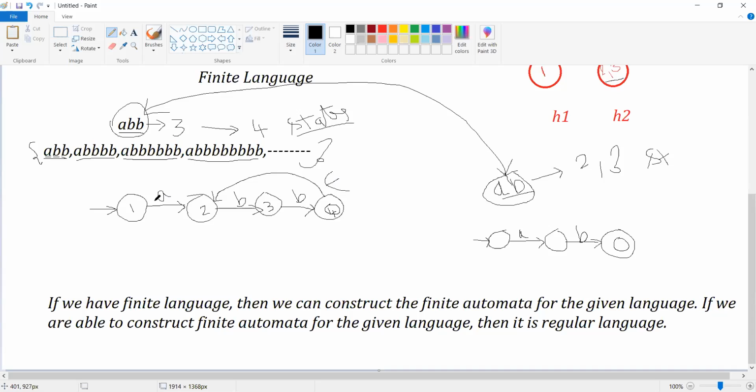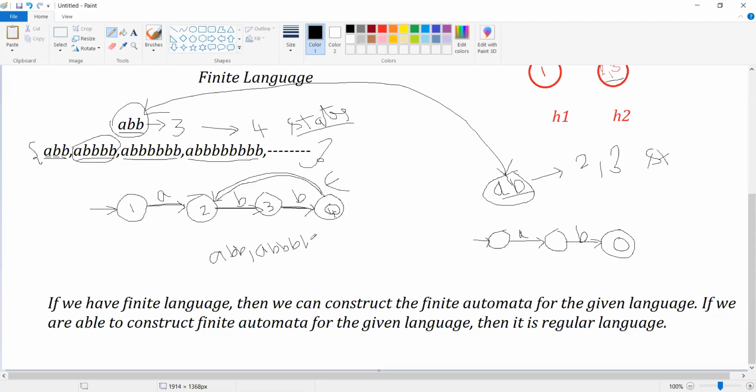Now if you observe thoroughly, the least string which this finite automata is going to accept will be ABB. Now this ABB will be accepted. Then check the second one, A double B double B, whether it is going to accept or not. First A, then B, then B. Yes, it is accepting. Then again what it has to accept? Double B. So go to epsilon transition again back, then again B, again B. Means A double B is also accepted.